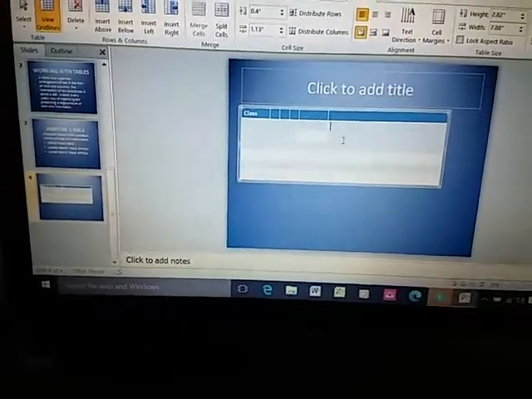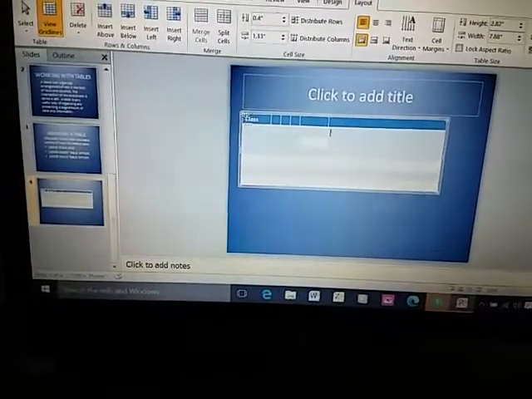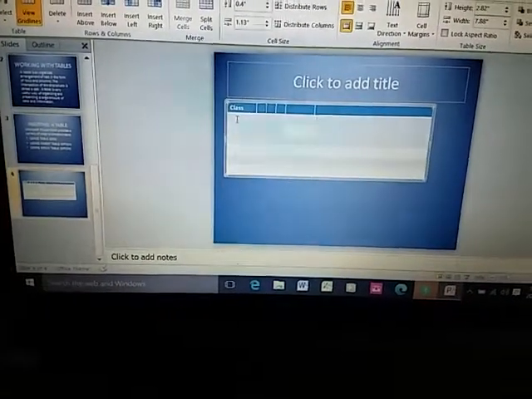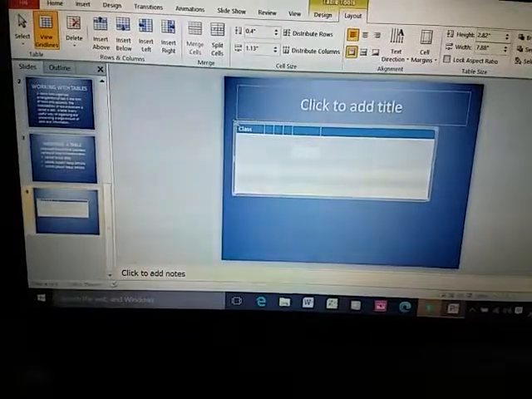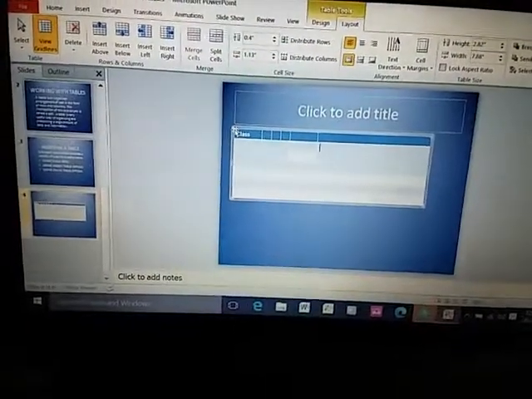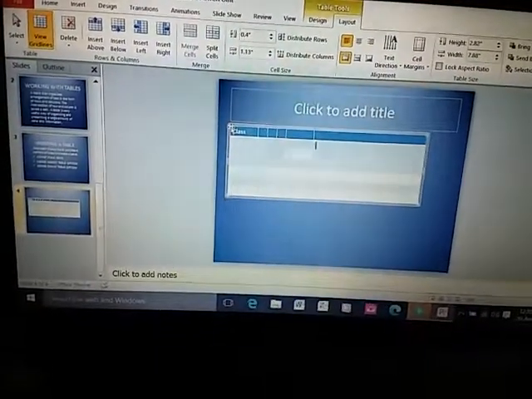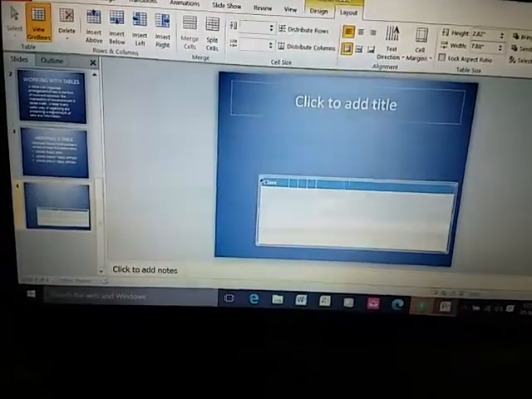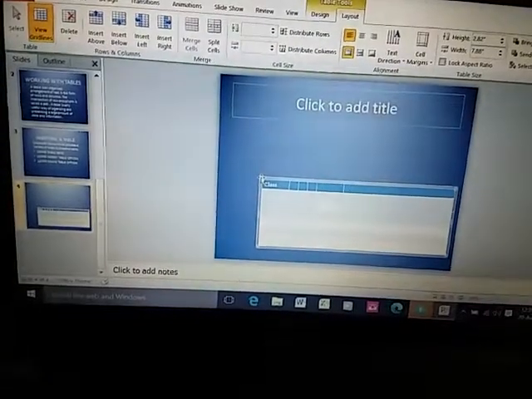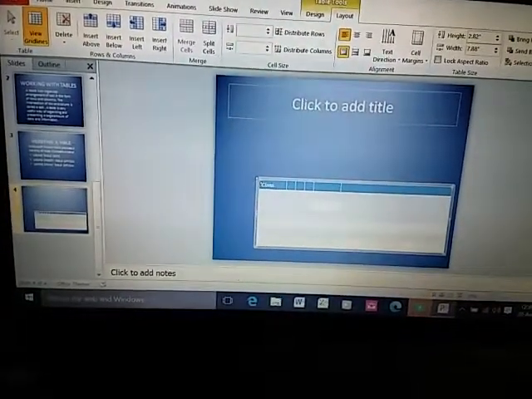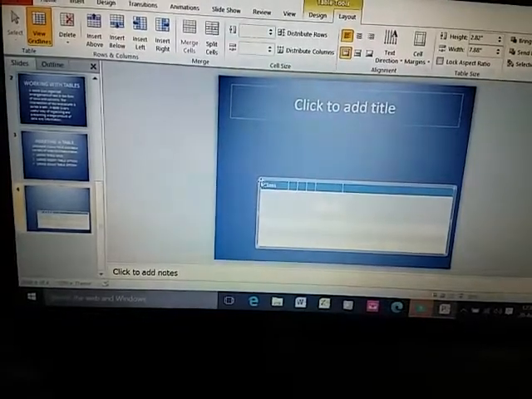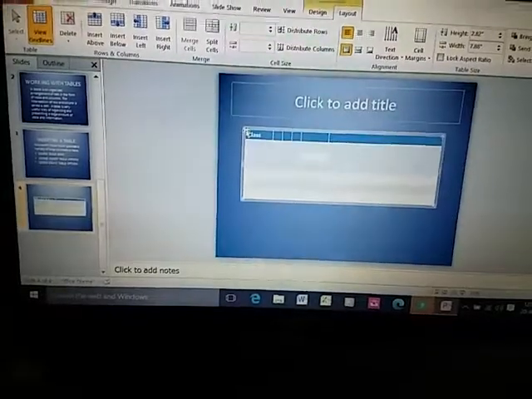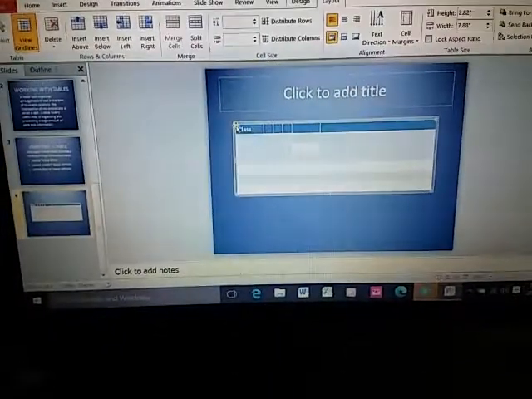Okay, next one is how we can move the table. I want to move this table from one place to another. How can I move it? Here you can see this is my table move handle on its top left corner. Click on it and drag your mouse pointer. Wherever you drag and drop, it will be placed there. Click this, your pointer will turn into a four-headed arrow. Then you can press the left mouse button and drag your mouse pointer from one place to another.